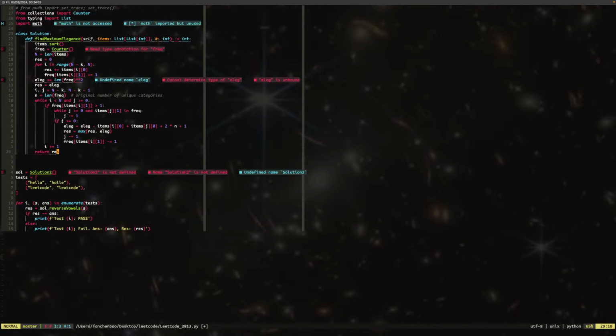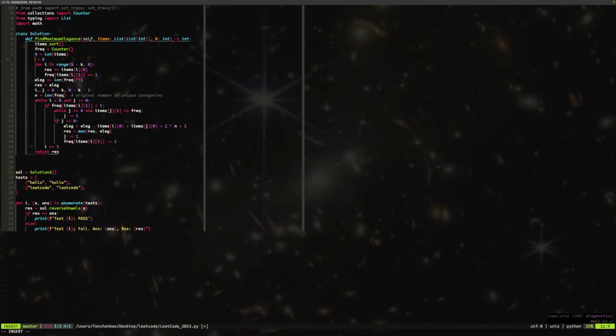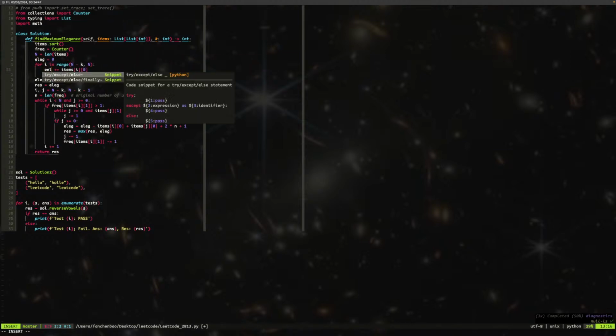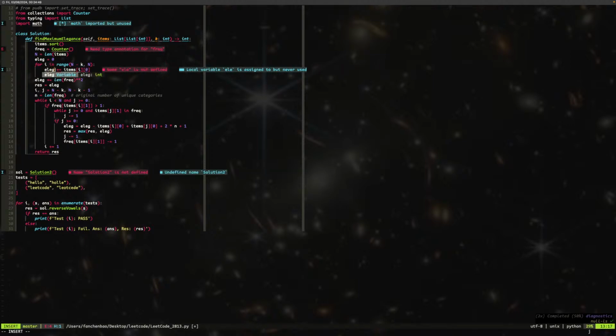Need type annotation for frequency. Cannot determine type of elegance. Of course you cannot, because this is not supposed to be that. This should be elegance, right? This should also be elegance. This should be elegance and elegance. And here,